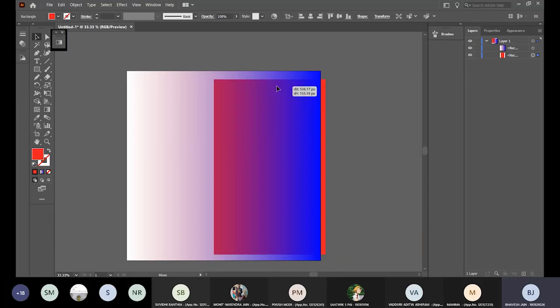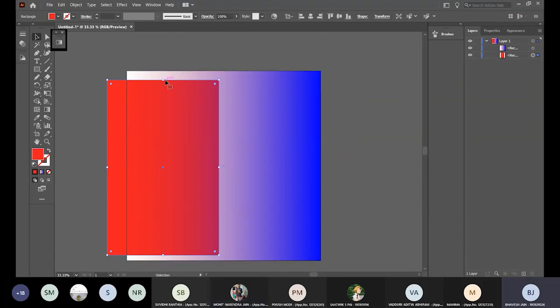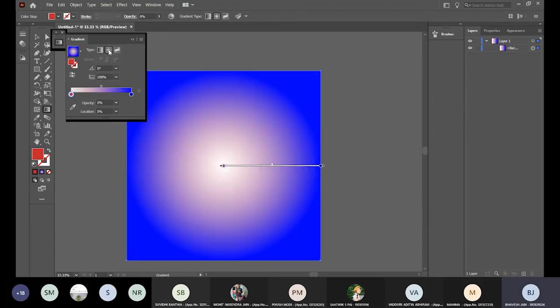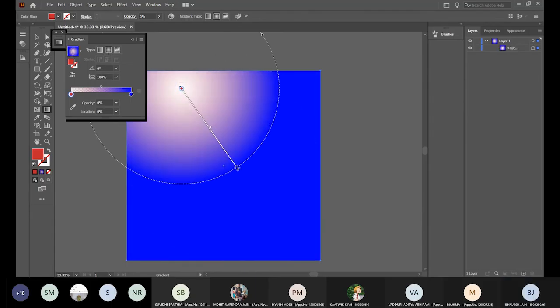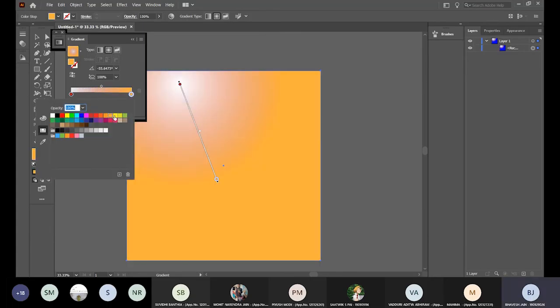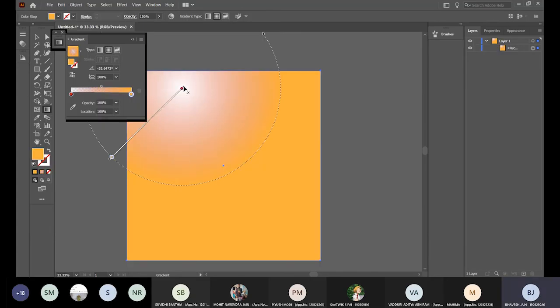Is the transition clear? Yeah. Cool. So that is the key points about gradient. You can have radial gradient. That's colors changing from the center or from any point to outside. I can make it strong, I can make it small. I can even change the color. Let's say I make it yellow. So it will transition like that,